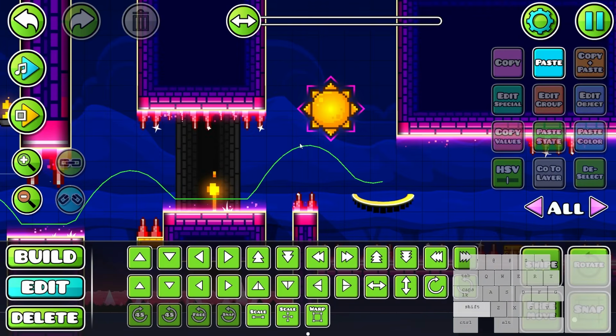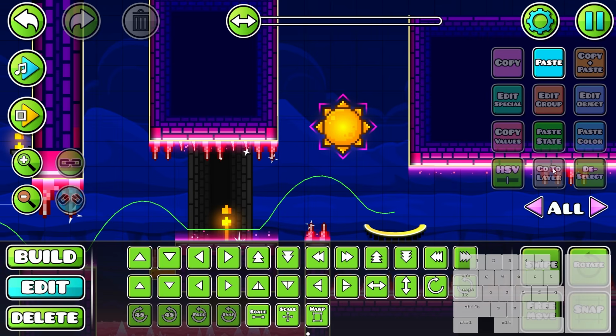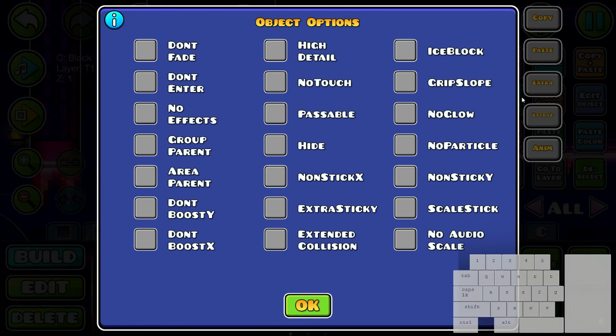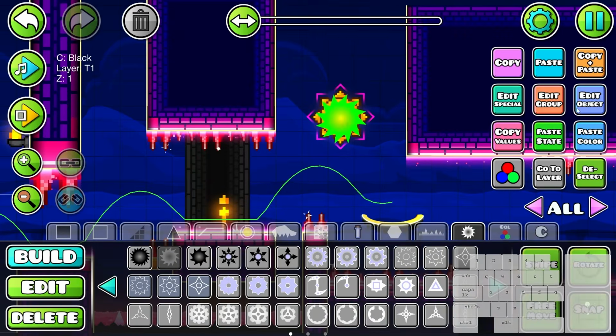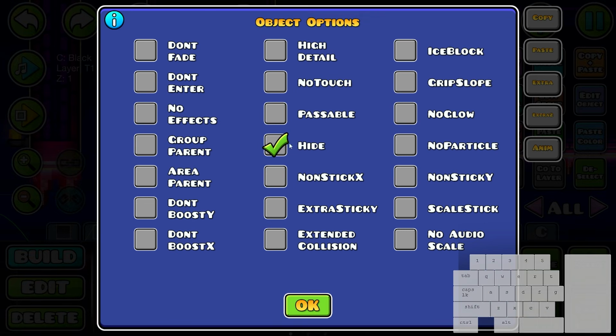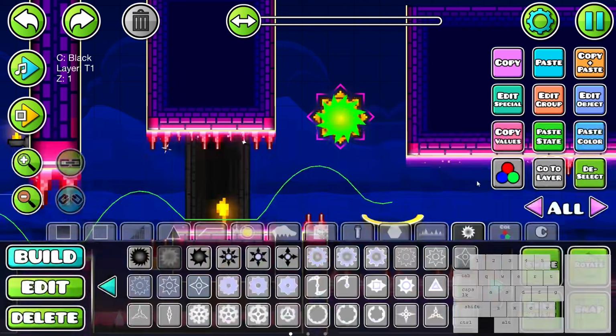Okay, now you can see that there is a problem. The first problem is that we actually don't have a hitbox on these guys. So we're going to add this nice little saw blade. Click on here, make it hide. Or you can choose to add this 5. It really doesn't matter. But the difference is that this one automatically does it without having to use a color